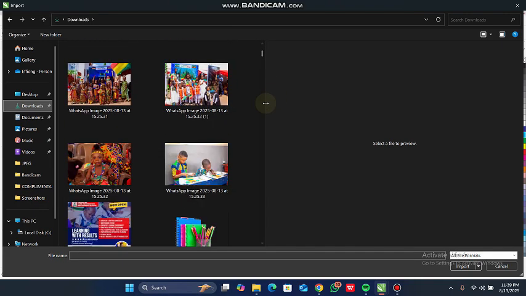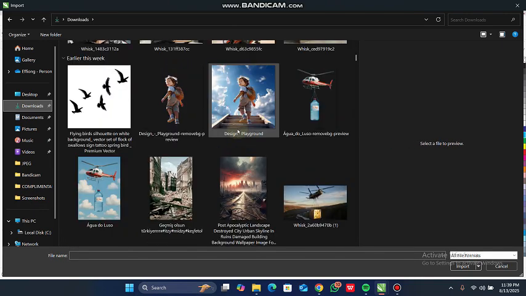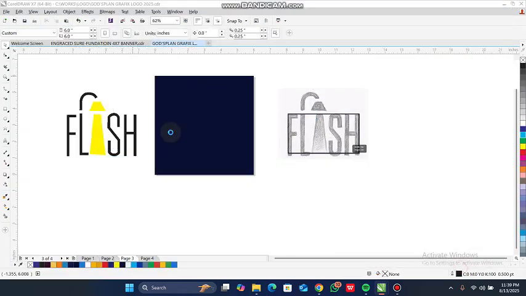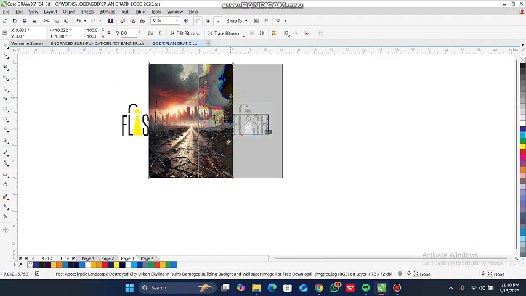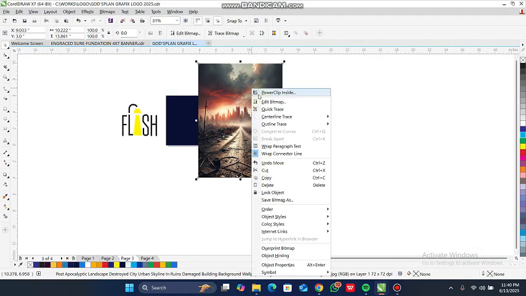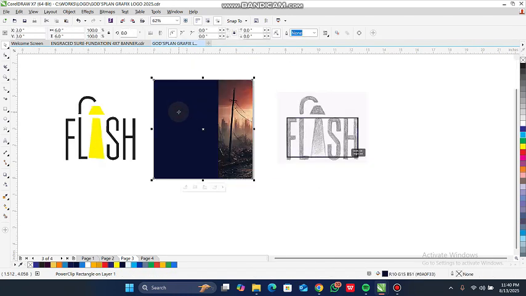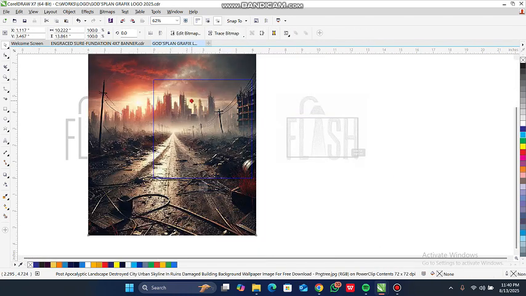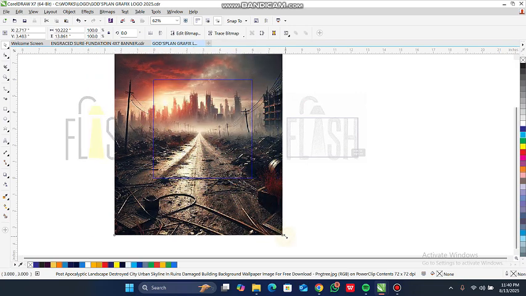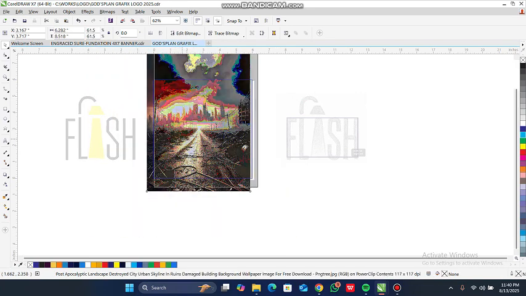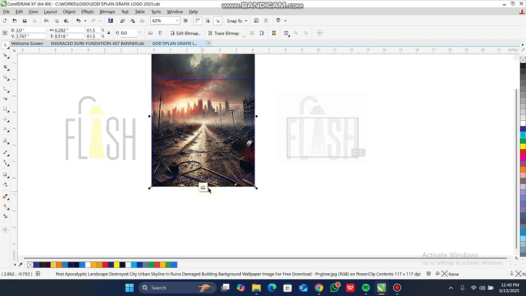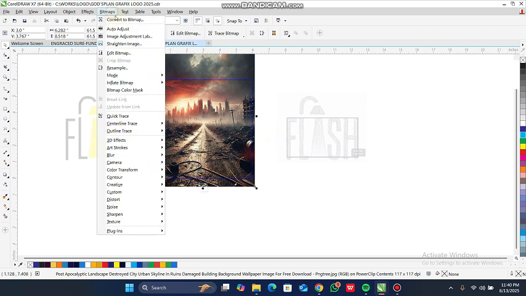Okay, so I have to expand it this way. This is the background I use. I will import it. I will strike the enter key on my keyboard. I'll take it out, right click on the body of the image, and I'll say power clip. This arrow now, I'll just place it on the body of the background, and the image will automatically enter the background. So I will hold my shift key on my keyboard to reduce it inward,